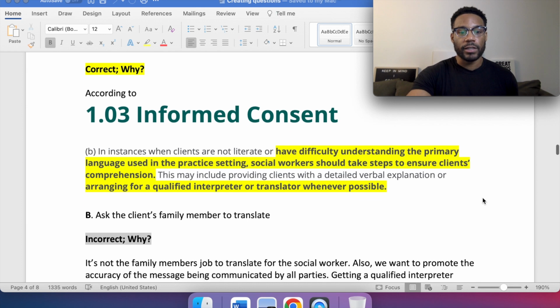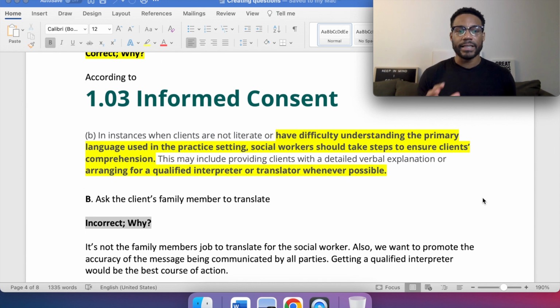So when we're looking at this, again, this is showing us exactly what we should do, whether we're in an agency or organization, right? We don't want to just deny them services, and we'll jump into that in a second. But we want to find an interpreter, someone that can translate. Now, some people may say, well, how can we have the family member that's with them translate, right? If they're there with their spouse, right? How come we can't do that?